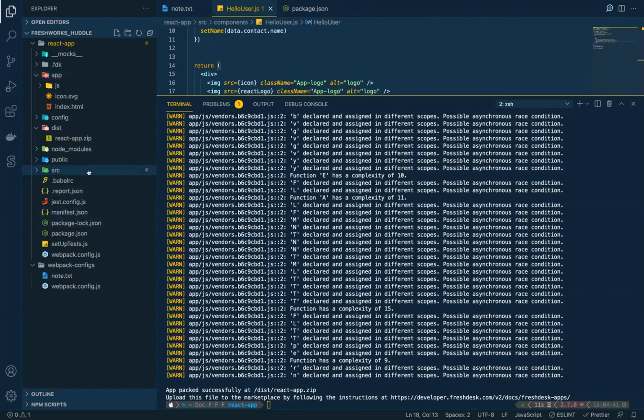But if you want to have linting and other validations for your app, feel free to write custom ESLint configurations for your front-end applications, and your app should be able to support that. There will not be any issues with that. We are totally okay with it, right? So we are done with the local demo.